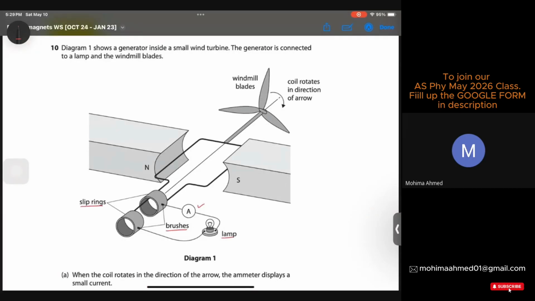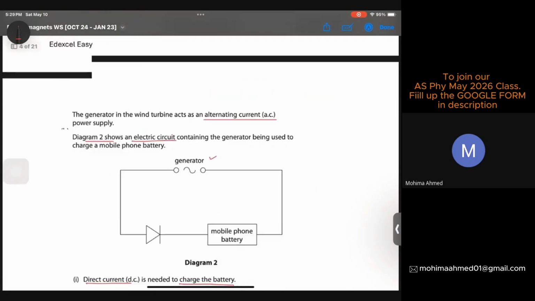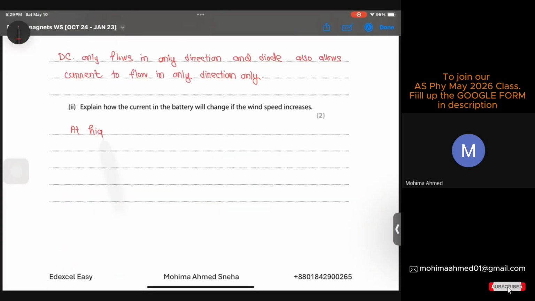Then the coil will rotate at a faster rate, right? So if the coil rotates at a faster rate, there will be more flux linkage, right? For more flux linkage, a higher voltage will be induced. A higher voltage means a higher current. So we just have to write all those things over here. That in this case,